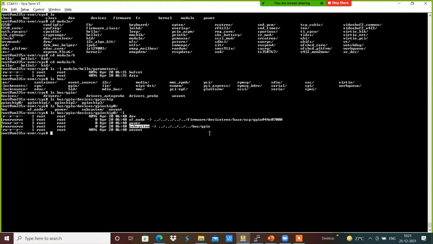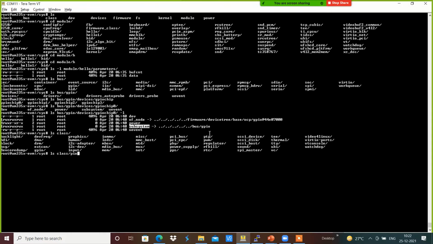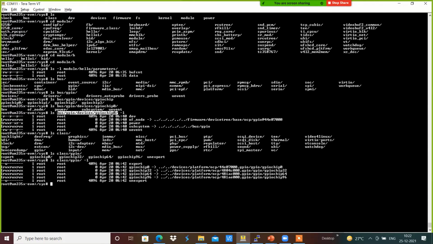For example, we can take the same path with the help of sys class and GPIO, and we have the GPIO chip 0. The same GPIO chip, which is something like the bus GPIO devices, also comes over here, which is symbolically linked with the respective devices and platforms so that it can be accessed accordingly.